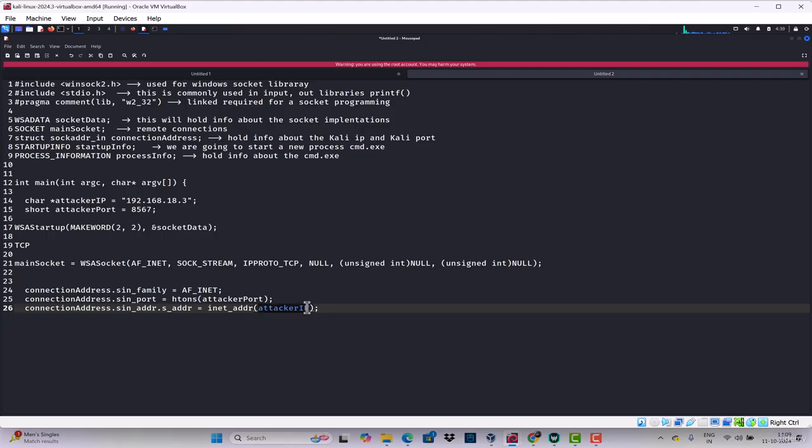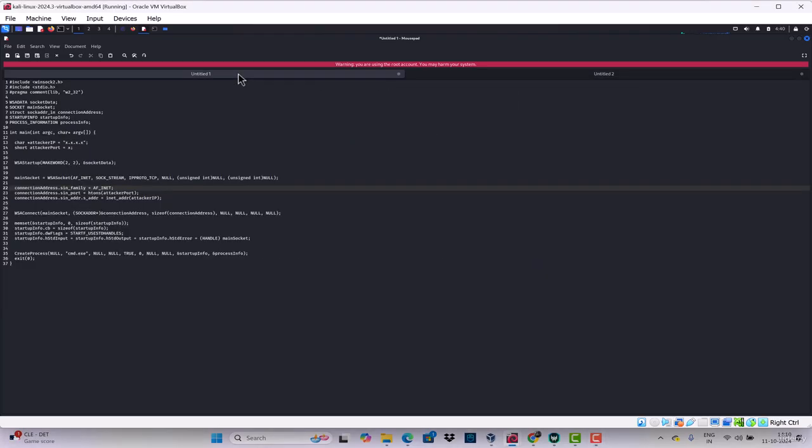192.168.18.3 will be here, and this will be converted to 32-bit strings by using the INET address. Okay, also break the other line. So we are at the end of the program now. So this line